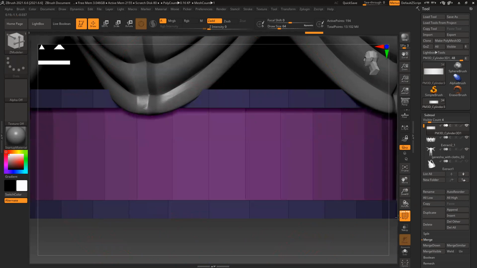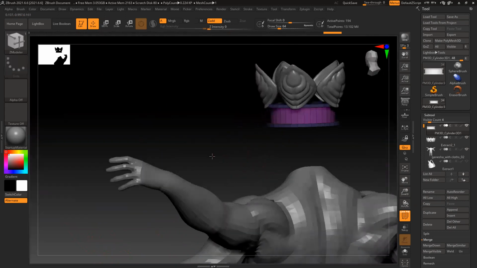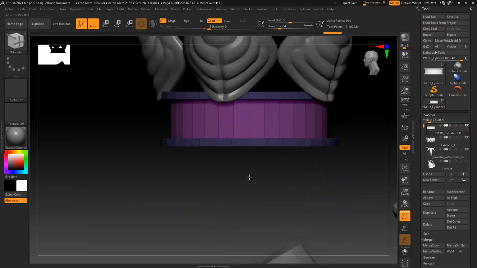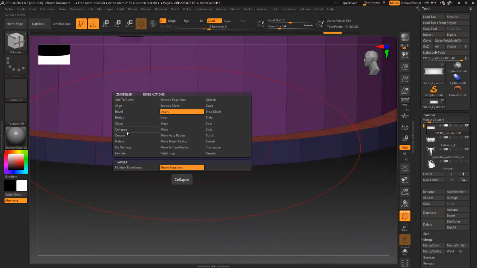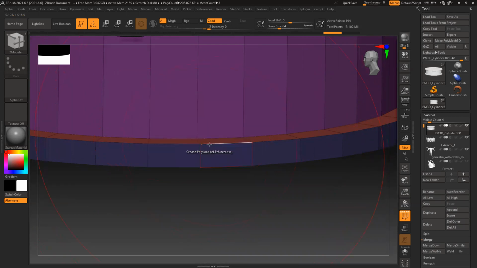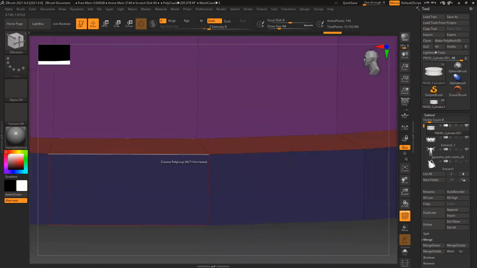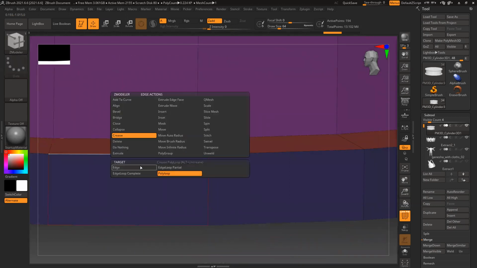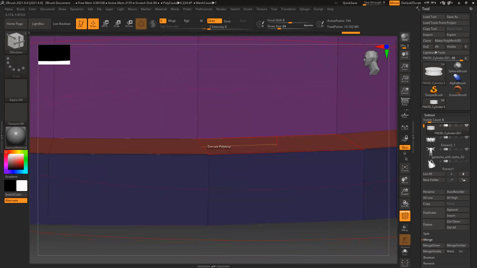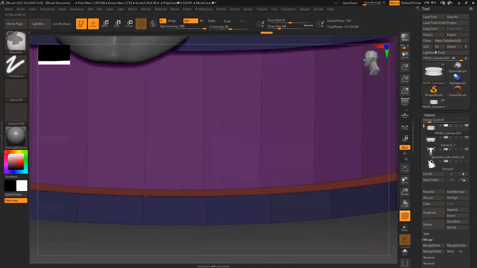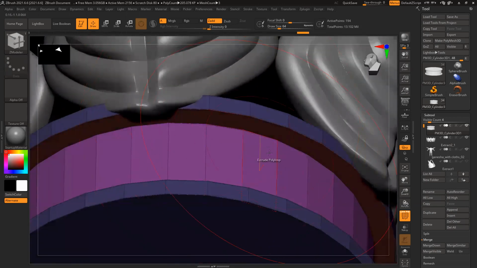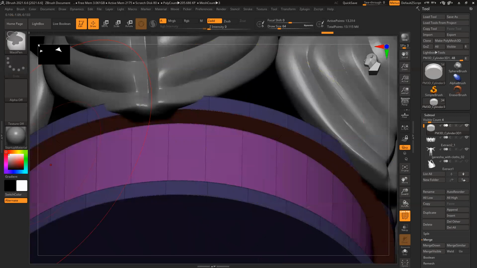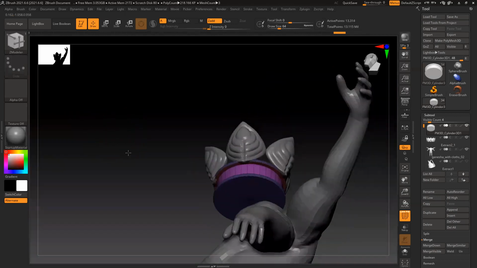Place it inside. Okay, so if I do Control D, it will change the shape. So either I have to crease it. The creasing is much easier. Crease, poly, complete. This is ready.